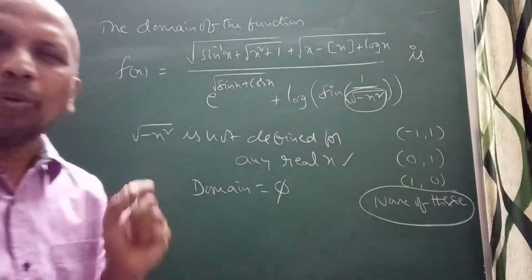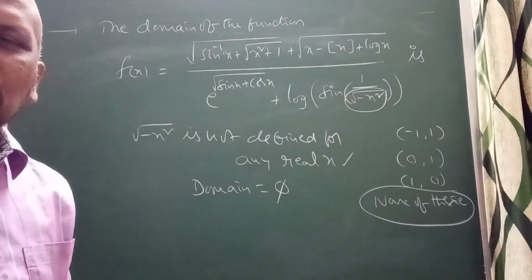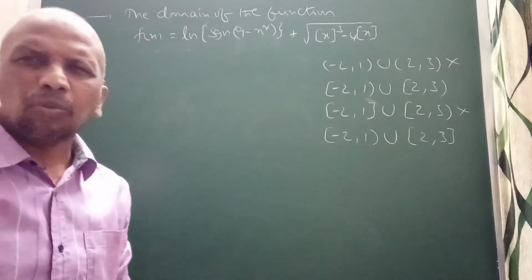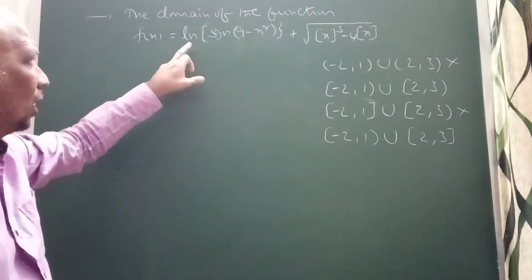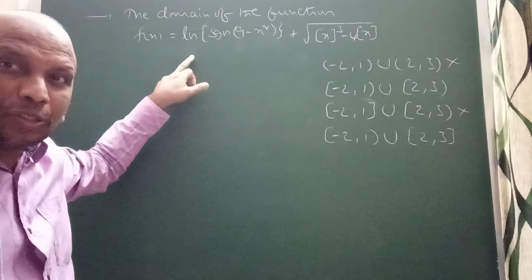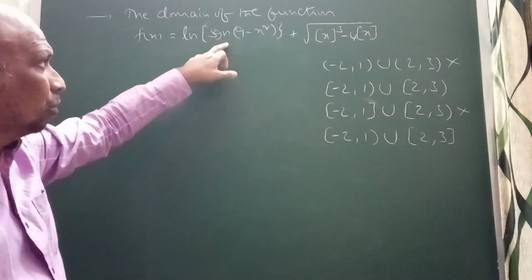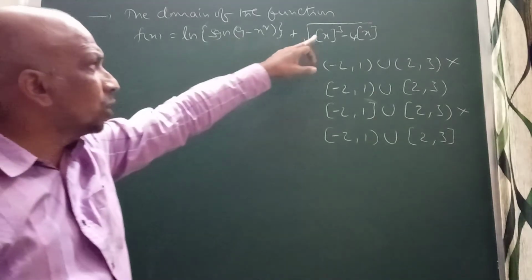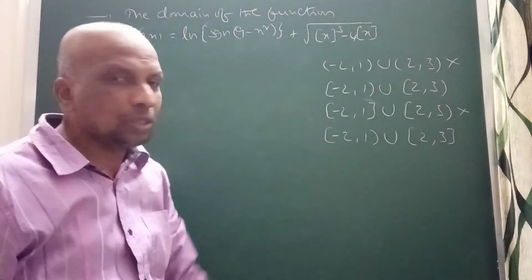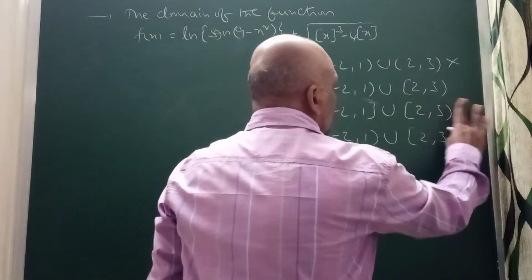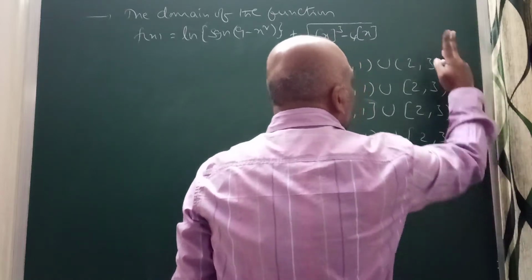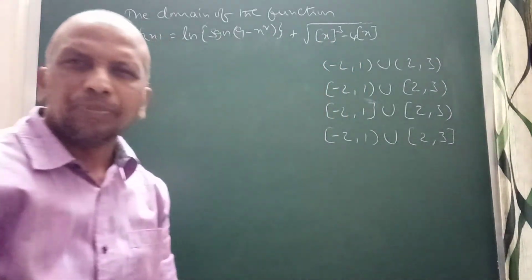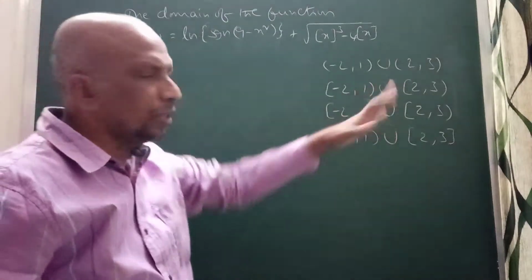That's a very simple problem. Now we'll do the next problem. In this problem, we have to find the domain of the function f of x equal to ln, means log of base e, of sin inverse... of 9 minus x square plus root of (x whole cube minus 4x), only 4x. These are the options given, 4 options, right? So how to decide the answer for this?